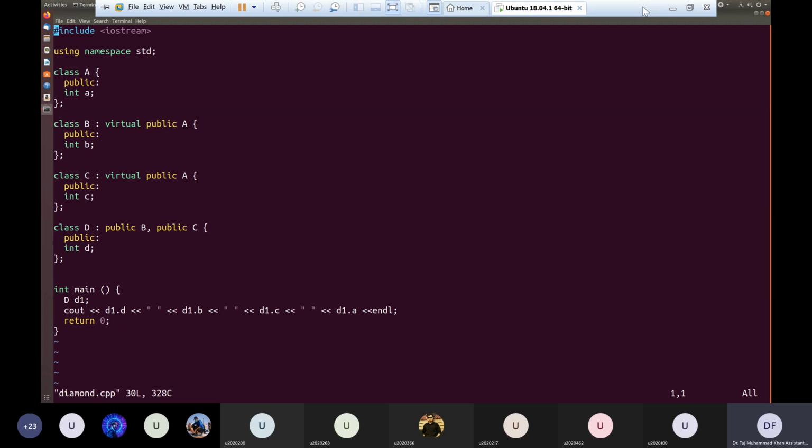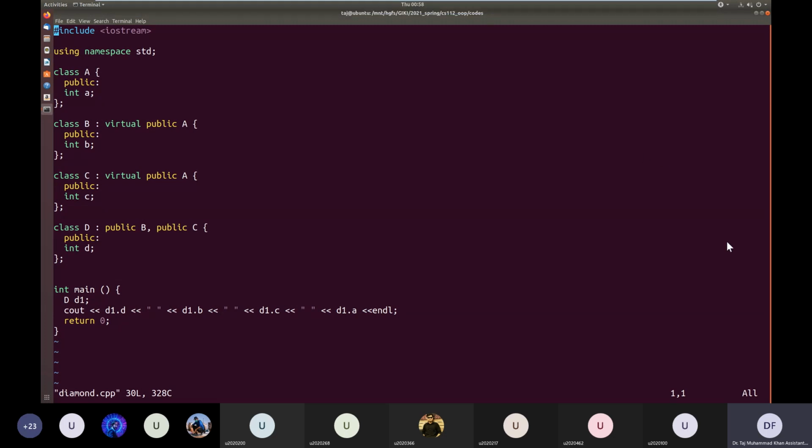Yeah, headers. Yeah, it's good that you raised this. In C++, when we divide the code, we divide it into two different types of files. One is what we call header files, and the other we call CPP files.